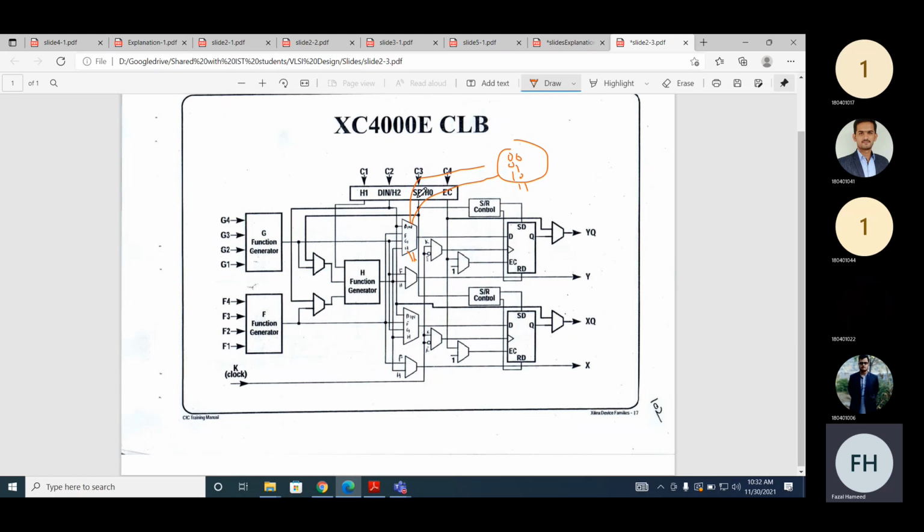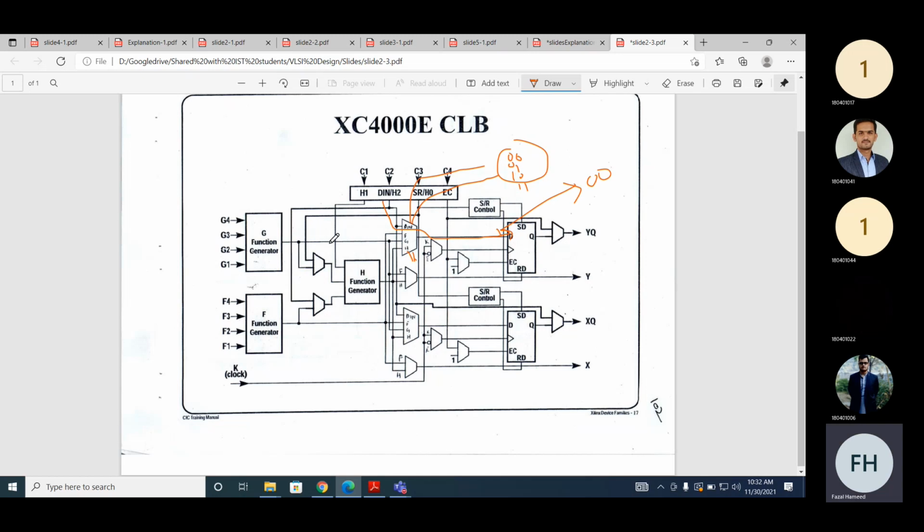Similarly, we have F. If you want this output, Y or YQ, to be attached with the signal F, which value should we store? If you want to pass this D in, which value should we store? 0 0.